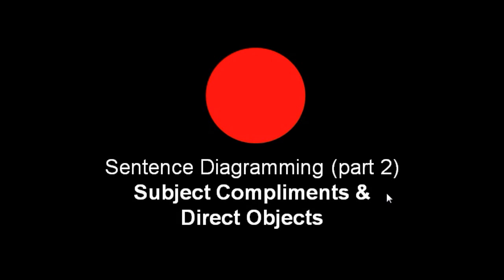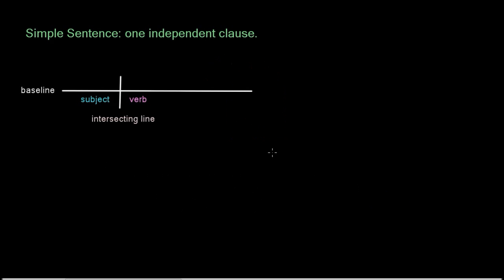Sentence Diagramming, Part 2. Subject Complements and Direct Objects. In our first video, we had the very basic baseline with a line intersecting it, the subject going on the left and the verb going on the right. Now we're going to add a third part to our baseline, which could be either a subject complement or direct